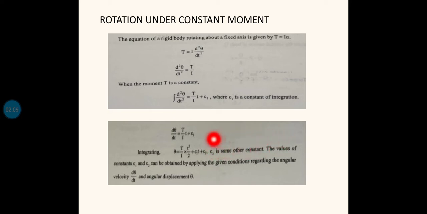If you find the values of c1 and c2 based on the boundary conditions given, then you can calculate the value of theta once the torque T, moment of inertia I, and time t are known. These types of problems come very rarely, so there is not much to think about this one, but some practical problems under this topic, rotation under constant moment, are important. We will move on to the